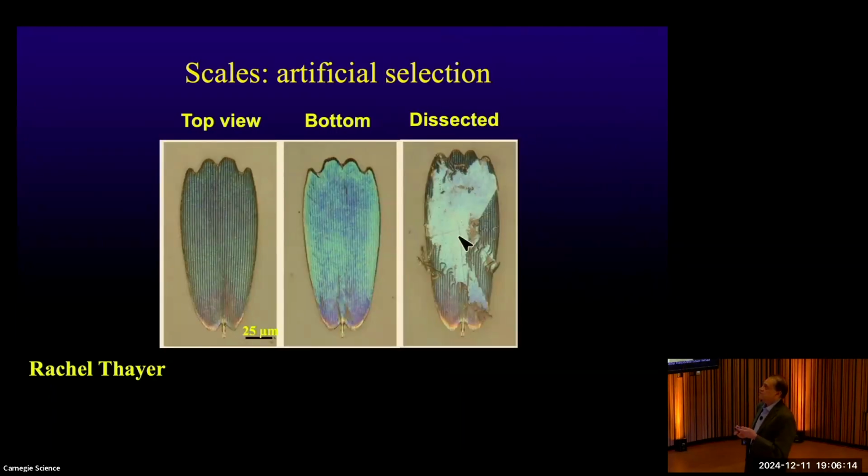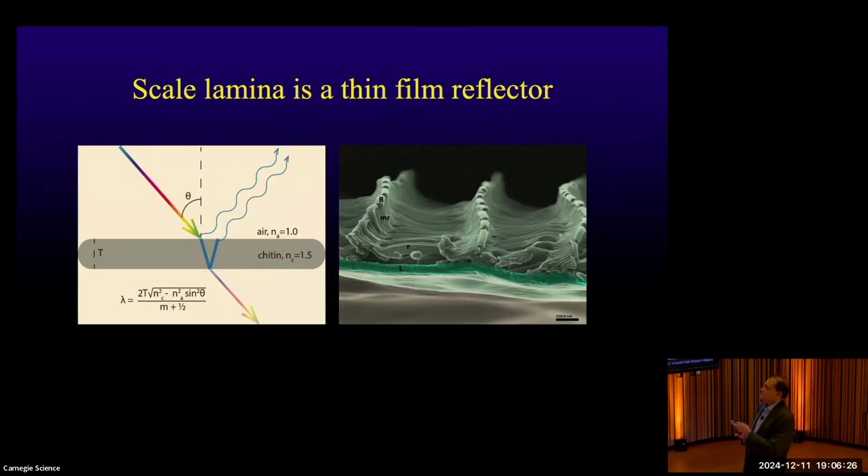So the first thing she showed was that if you look at the scales of these butterflies, it's not the top of the scale that has the blue, it's the bottom of the scale. And in fact, if you rub these ridges off, you see the blue really well, okay? And so what happens is that there's a bottom layer to the scale called the lamina. It's also made out of chitin. And what's happened in these butterflies, it's become just the right thickness to be a constructive reflector of blue light.